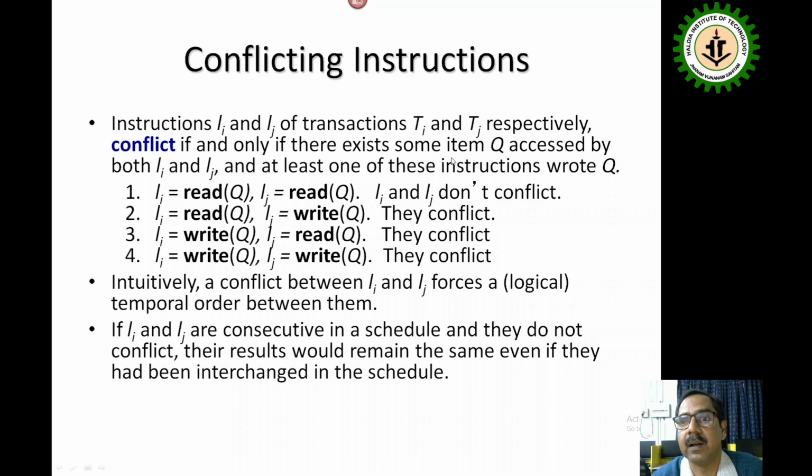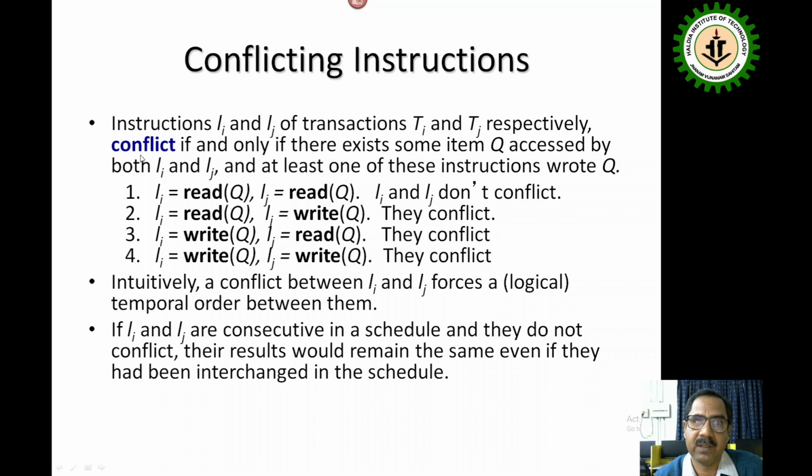So if and only if there exists some item Q accessed by Ii and Ij, and at least one of these instructions writes Q. If any one of these two instructions Ii and Ij is a write operation, and both access the data item Q, then